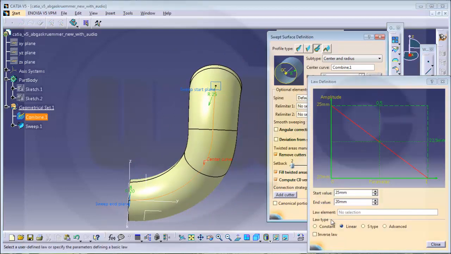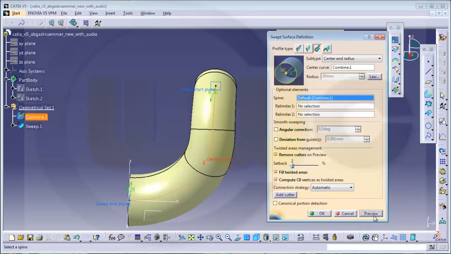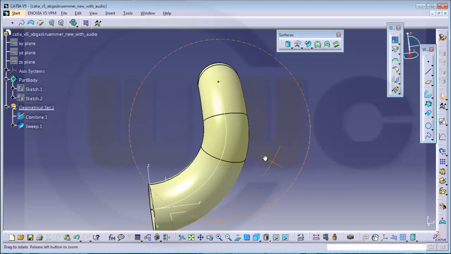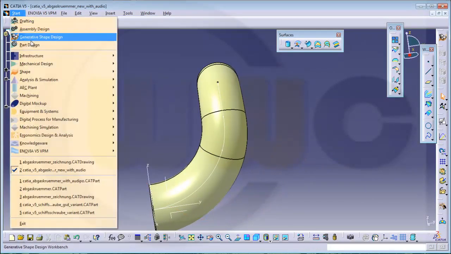Okay, I have to switch it. Yeah, now I can go back to the part design